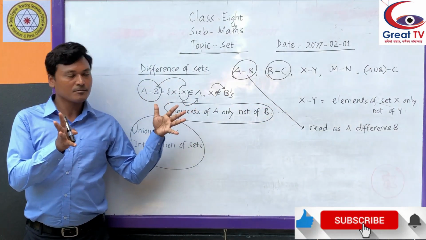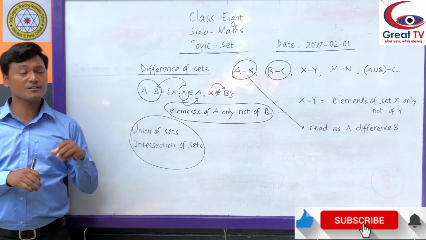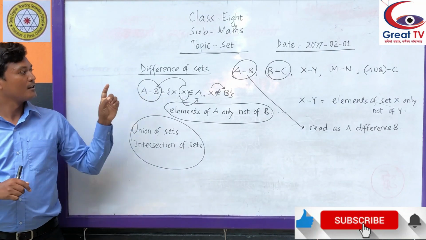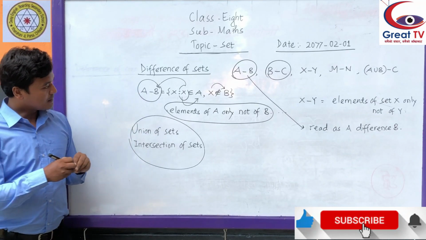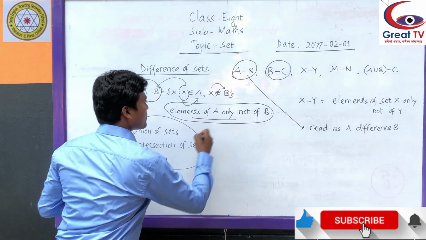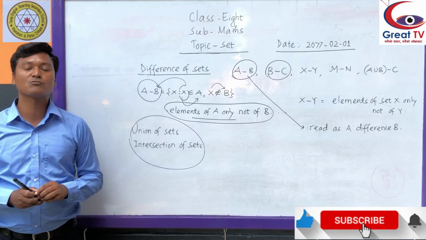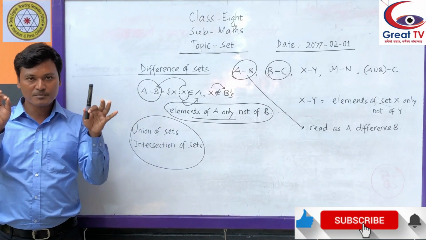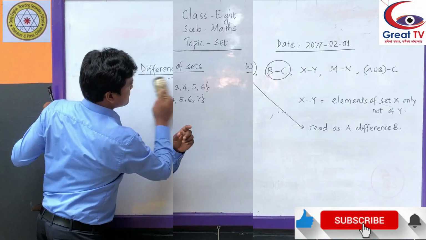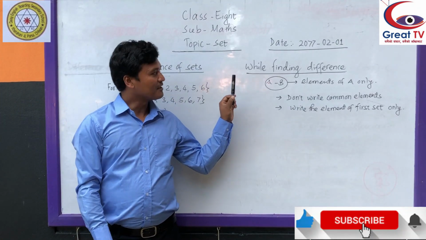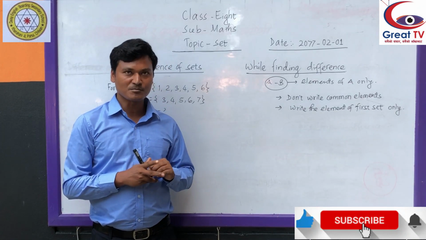Okay, I said we define A difference B, but let us talk about the next item. Let us see how to find A difference B. As we know, A difference B means elements of A only. It will be better if we define it by using one example. So I am giving you one example. Students, we have already defined A difference B, and I have already told you one idea to find A difference B.